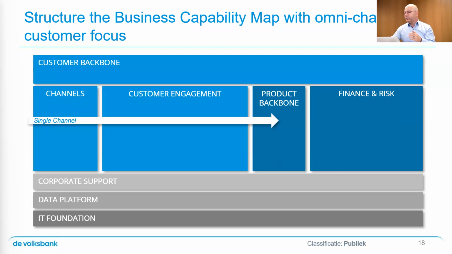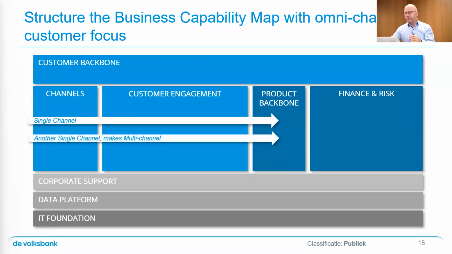And then later on, other channels were added. For example, the mobile app and internet banking and all that kind of stuff. So other channels were added, and that gives us a multi-channel approach. A multi-channel approach is different from a single channel approach in the sense that you can have multiple channels to get your bank account or mortgage or whatever as a bank. And then the concern that arises is that if I go into one channel and I'm dealt with there, then go to another channel, for example, I start online and then I go to the bank branch physically, they don't know who you are, they don't know what you were doing, they have no clue how to help you. So they start over, and that's quite annoying.